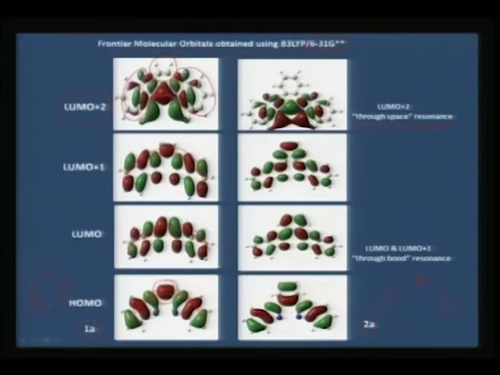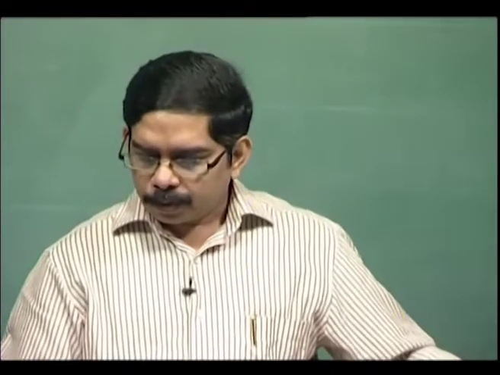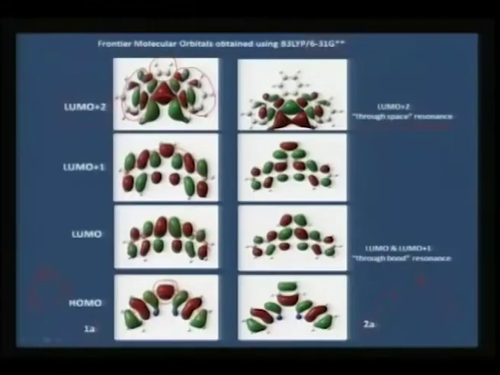Now, this is not only true in the case where you have sulfur and sulfur in adjacent positions, in cis positions with an ethylene linker. Suppose you try to push it away by introducing a phenyl linker, then even with the phenyl linker, you would see the charge resonance is through the bond across the linker molecule, and it is the same as in the case of the 1A compound. And when you come to LUMO plus 2, again you see that the charge is confined more to the benzthiazole rings, and also the charge resonance is across the sulfur atoms.